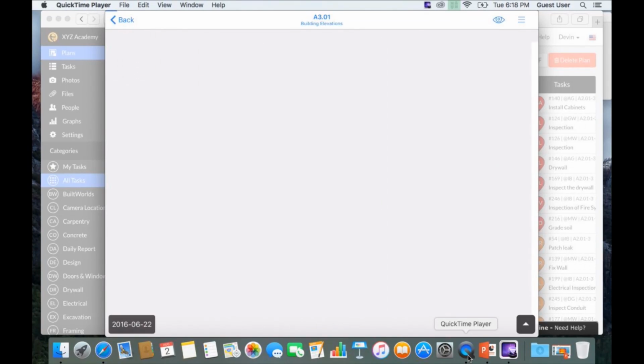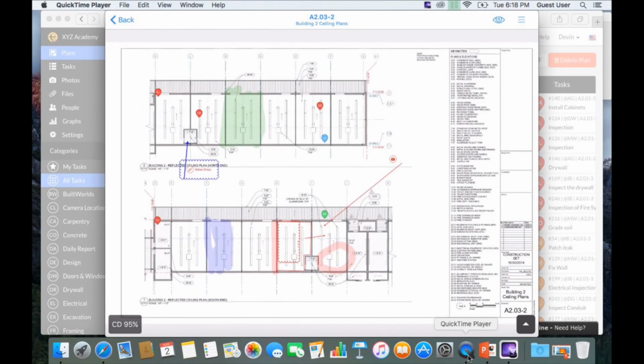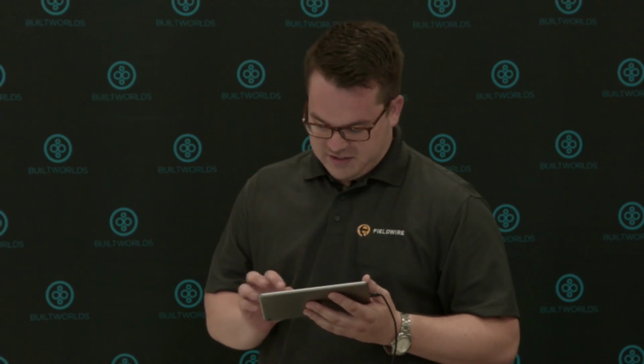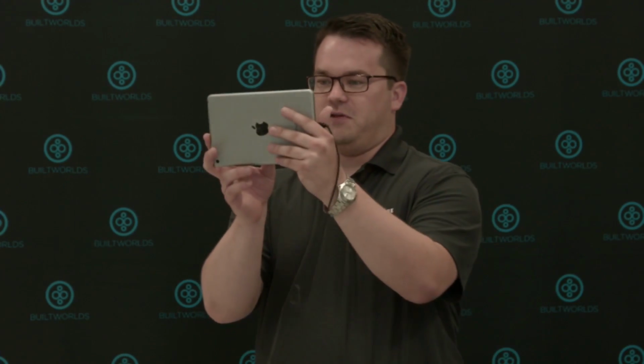Go ahead and take some notes on your iPad. In fact, we can leverage the talk to type feature and let everybody know I'm at Built Worlds today. And we can also go ahead and attach some photos of our lovely audience. So it's extremely easy to use FieldWire. It's extremely easy to indicate what's going on your project, and very easy to have all of the information stored